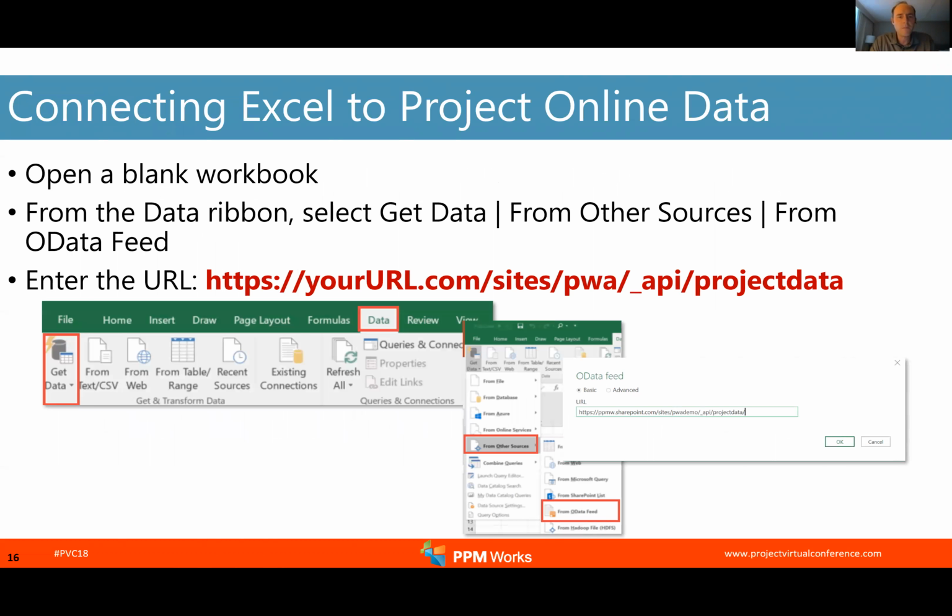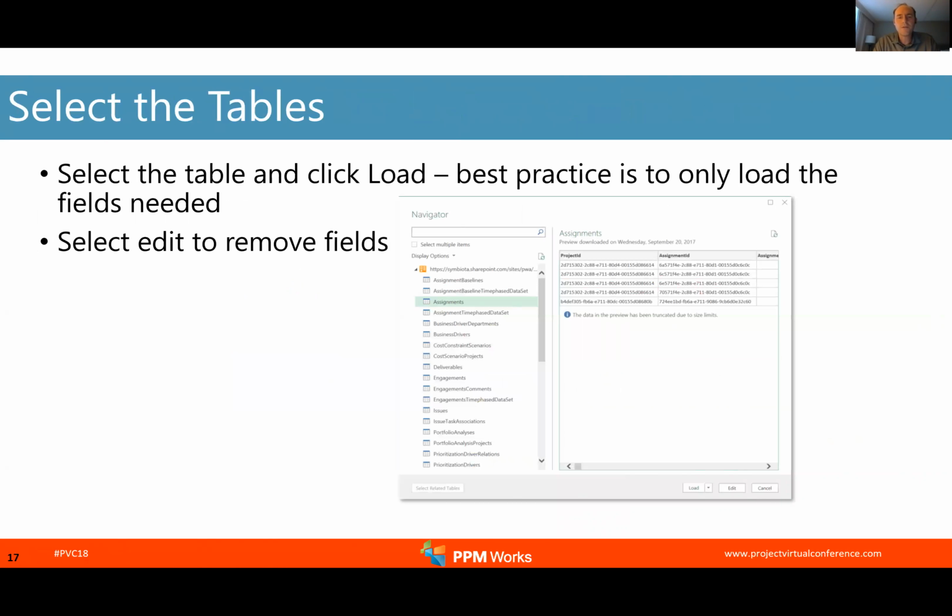It's going to start by opening a blank workbook. From the data ribbon, you're going to select Get Data, from other sources, OData. And the lesson learned here is that your connection string is going to be the full URL of your site, /_api/ProjectData. Once you connect, you're able to pull back these different items or entities. I'm going to show you how to query a bunch of those, connect them, and create a KPI-based